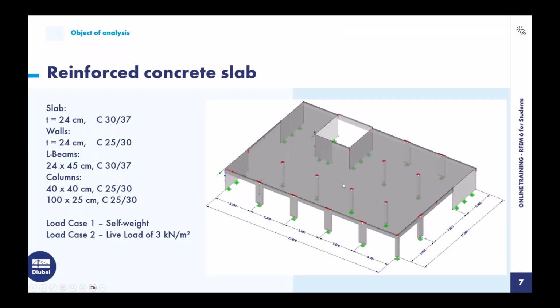We want to model this structure. We have a reinforced concrete slab, which is based on walls and columns, and it has also beams here, at that part of the slab that are not supported by walls. Okay, and we will have C37 again, and the rest we will have a look at in the model I will show there. This is the aim, but we are interested in the slab mainly. So we go back